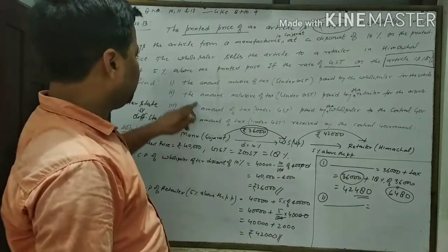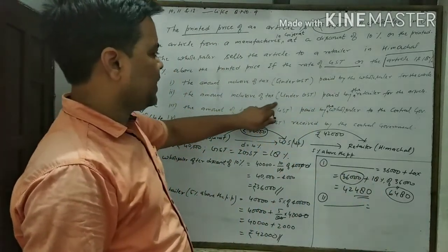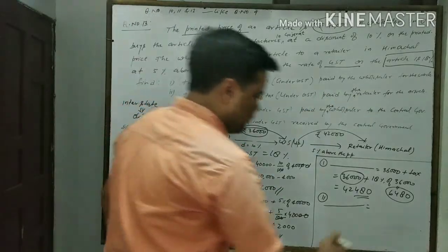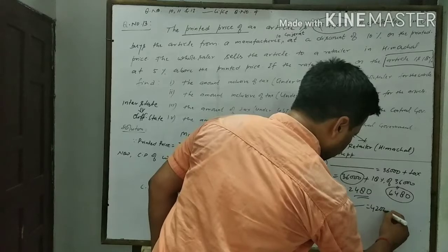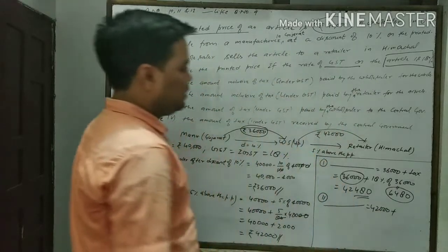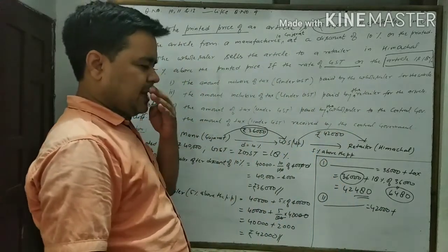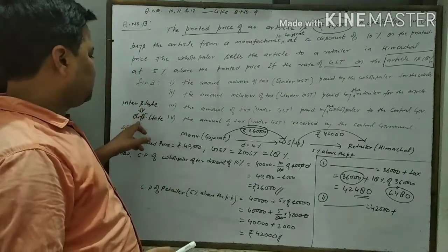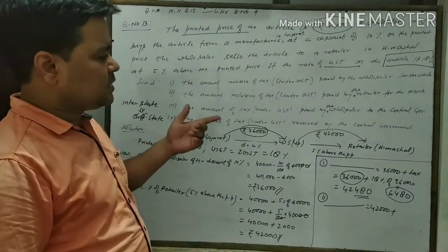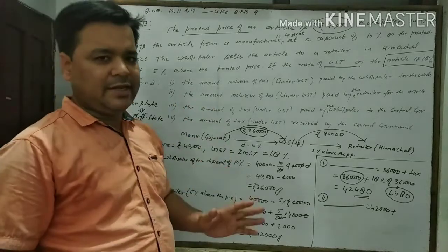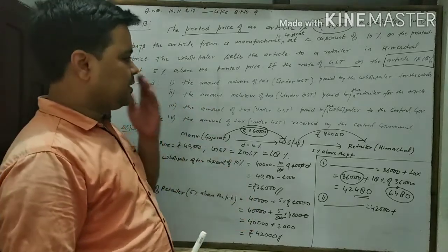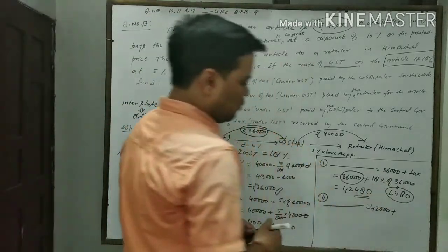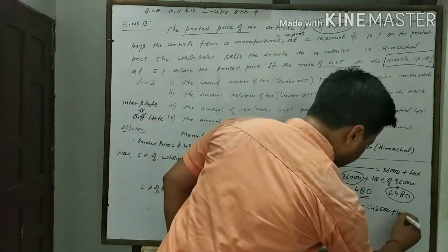What should be the statement? The amount inclusive of tax paid by the retailer for the article will be 42,000 plus again 18% of the tax. Why 18%? Because this is a matter of interstate, meaning different states, and the CGST and the SGST will not be divided here. Only we will give integrated goods and services tax. So that is 18% of 42,000 rupees.